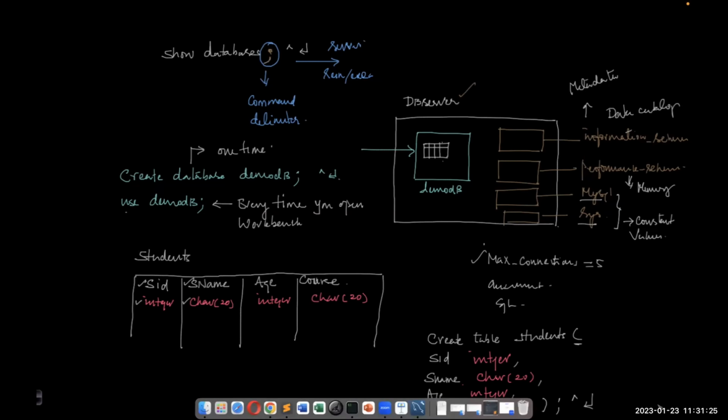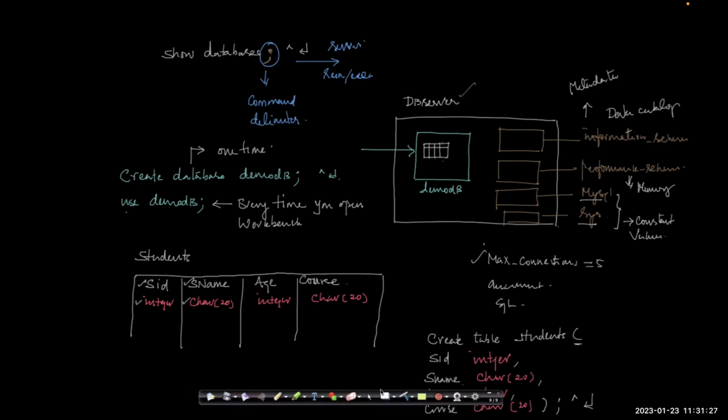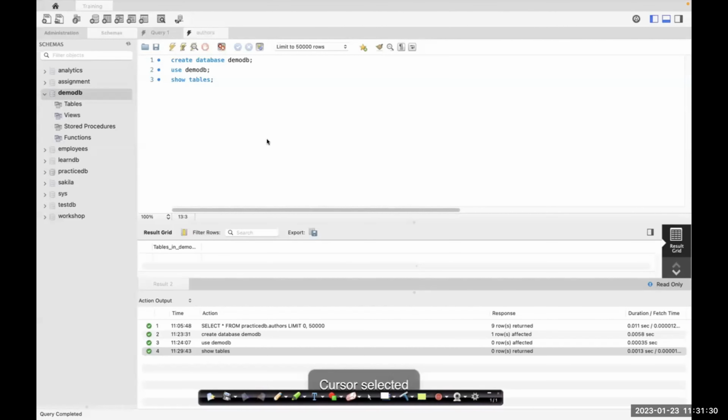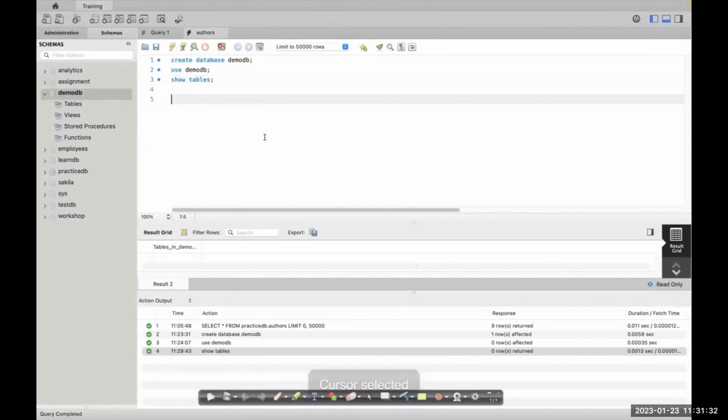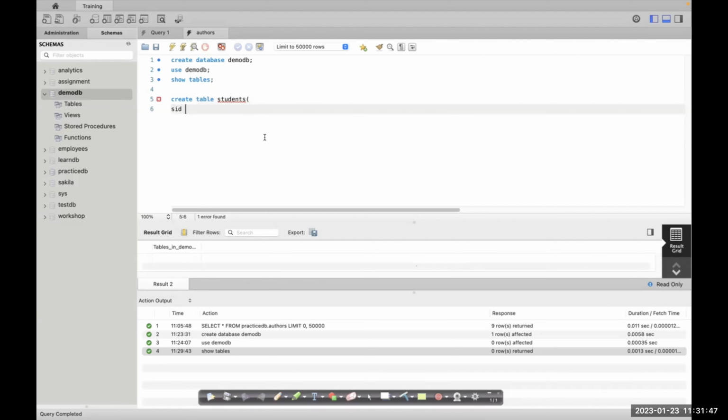Or let me type, and then you can maybe look at that. Whenever you are typing commands, it's better to type it on multiple lines so that it is readable. So we'll say create table. You can type it on one line also, but it's better to write it like that. Open bracket, and then what is the first thing? Student ID, which is of type integer, comma, student name, which is of type character of 20, comma,